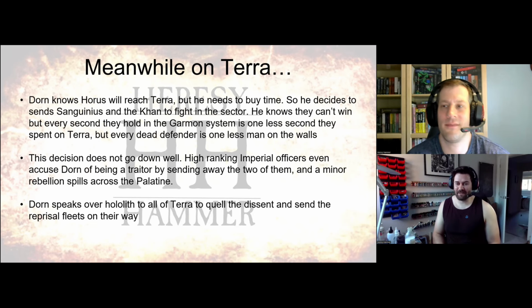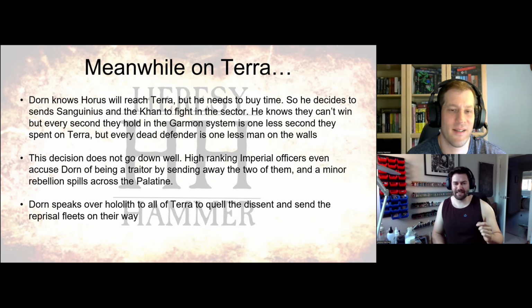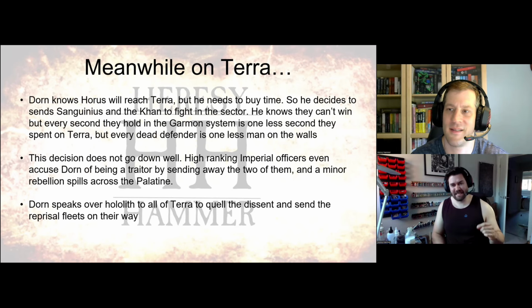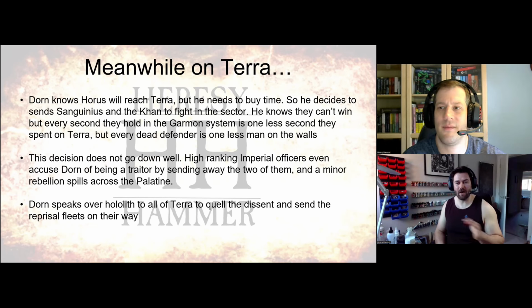But it's really interesting because of the way the Khan describes it, and this is quite an interesting one, because I think the Khan is written slightly differently in this book to how perhaps you'd seen him in previous books. He essentially sees it as some petty bourgeois kind of rebellion that isn't even worth his time, and he thinks it's super pathetic. As somebody who has quite a rebellious spirit and nature, I thought it was interesting to see that juxtaposed within this book, because the Khan acts in quite a thoughtless way, whereas I think he acts in quite a thoughtful way in the two preceding books, which are Path of Heaven and